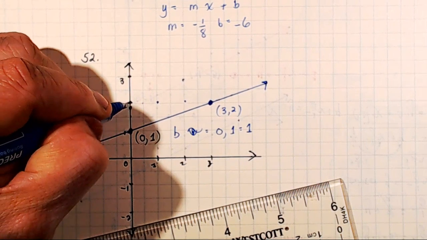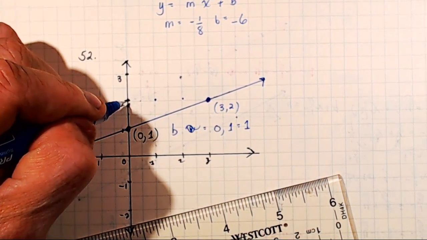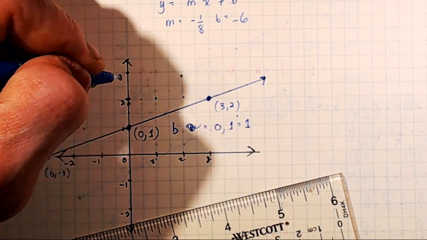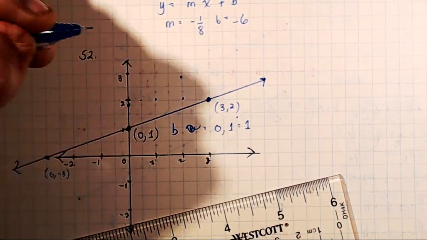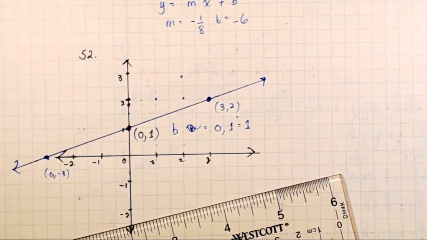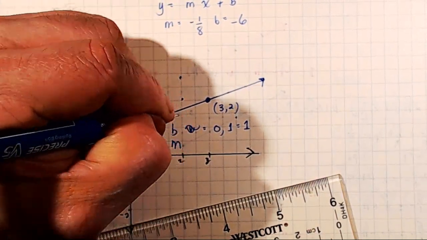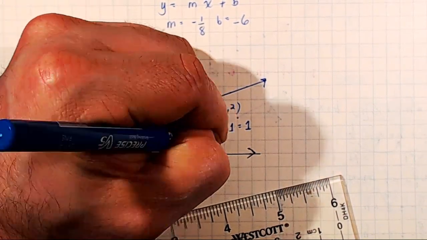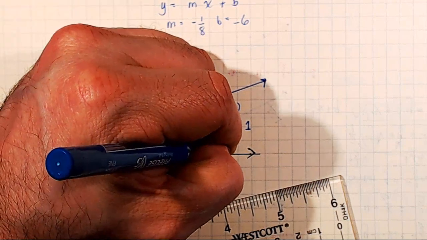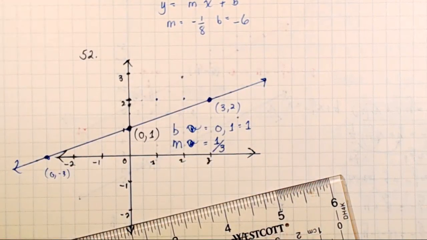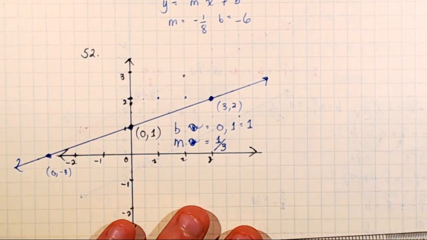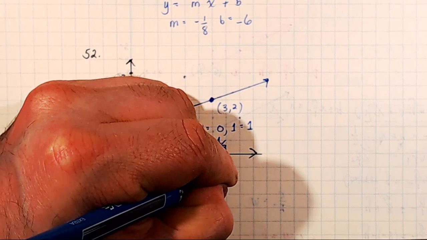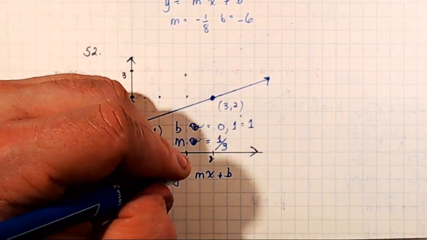I'm actually jumping from 1 to 2. I'm hopping over 2 of those grid lines. Up 1, and then over 1, over 2, over 3. So it looks like the slope, m, appears to be 1/3, 1 over 3. Okay. So if that's the case, then my equation y equals mx plus b appears to be